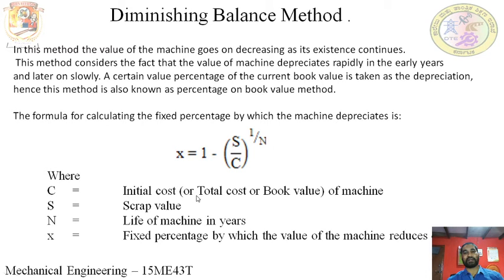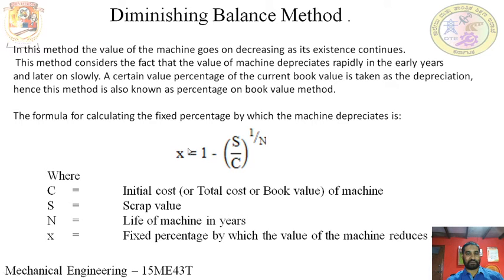So in the next year, we should not calculate on the original value. Because we have deposited 1,000 there, the book value of the machine will become 9,000. So 10% of that will become 900. And for the next year it will become 800, similarly 700. So it keeps on decreasing. The diminishing balance, as the name itself tells, is diminishing. It is much higher in the initial years and keeps on decreasing in later years.